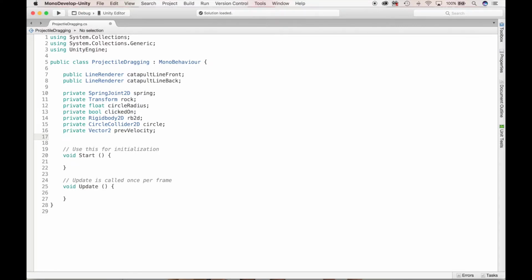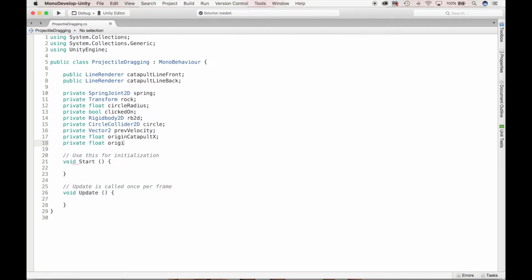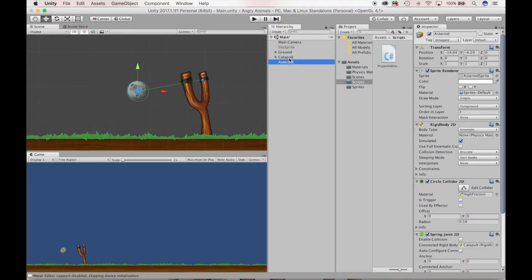And then I want to keep track of the catapult location. All right, so down here, let me type private float origin catapult x, and we'll say private float origin catapult y. I'm going to be using these two values as calculations later on, but first let me get what those two values are. So let me say equals, let's go back over here, and let me select the catapult,